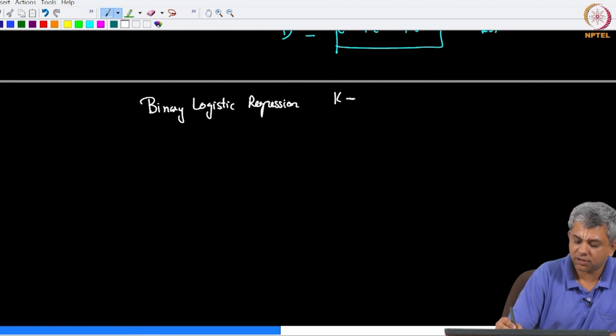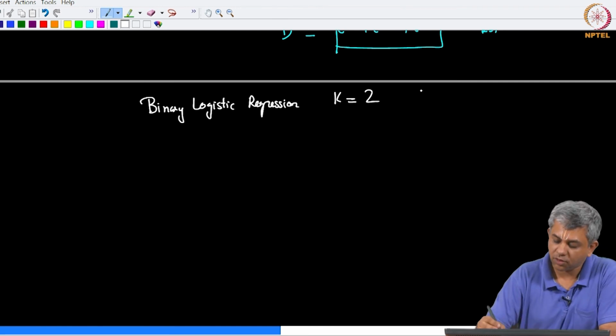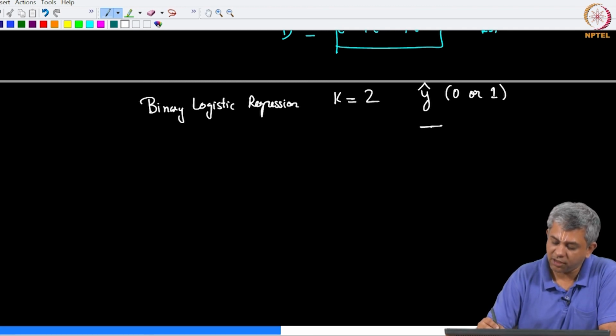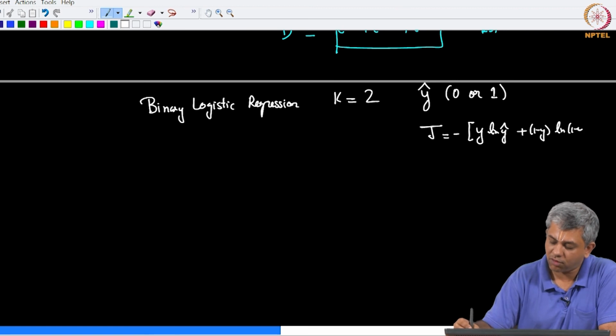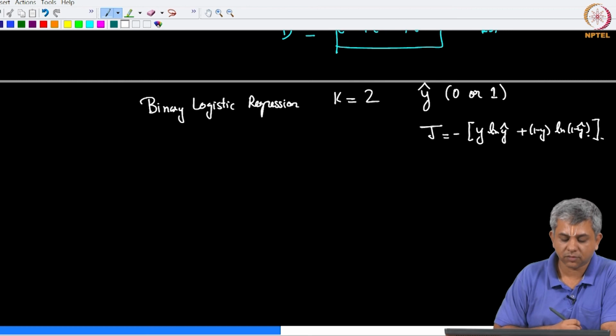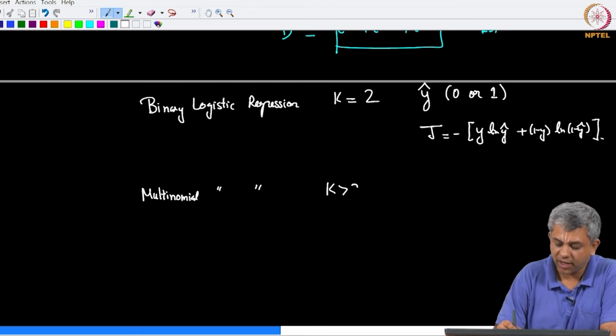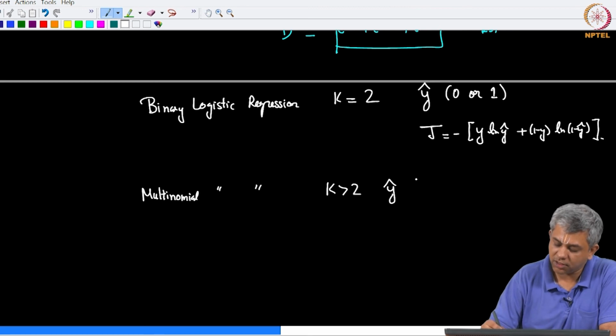in this case you have two classes. Your y hat, typically it is easier to just represent it as a scalar, 0 or a 1. And we have our binary cross entropy loss function, which was minus y ln y hat plus 1 minus y ln 1 minus y hat, and then you have multinomial logistic regression where k is greater than 2, y hat now is a one hot vector.